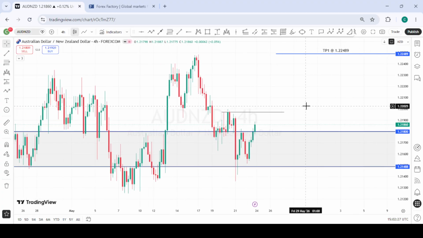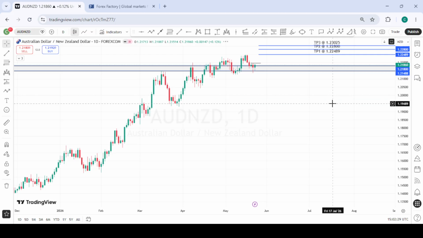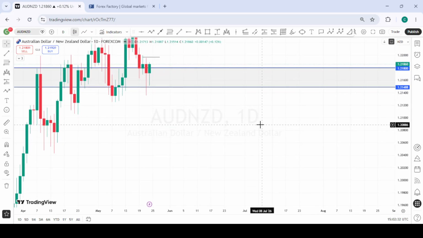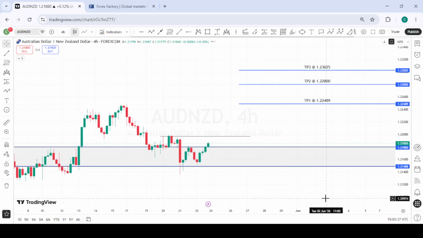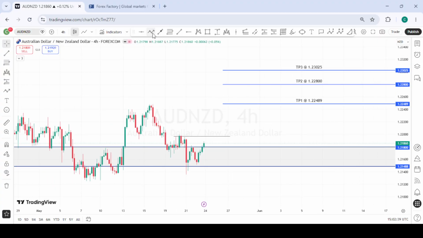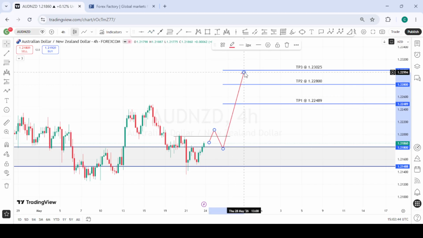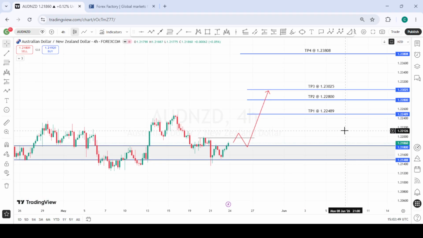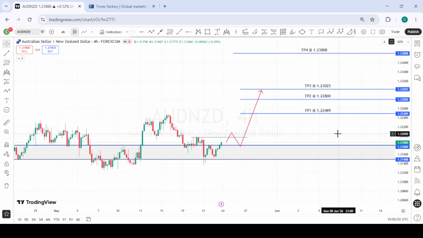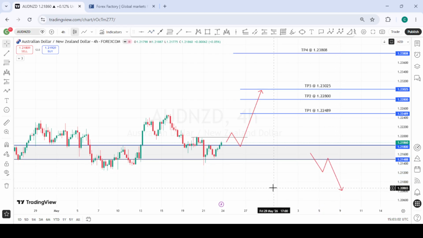This is AUDNZD, and AUDNZD is very bullish. Going into next week, we are just waiting for this 4-hour structure shift here. We're going to see the 4-hour shift structure here, and then come for a higher low formation and take our buys to the upside. And these are the various targets we have for AUDNZD for the coming week. This can only shift bearish if price breaks these structural points here and continues to the downside. Until then, we are very bullish on AUDNZD.